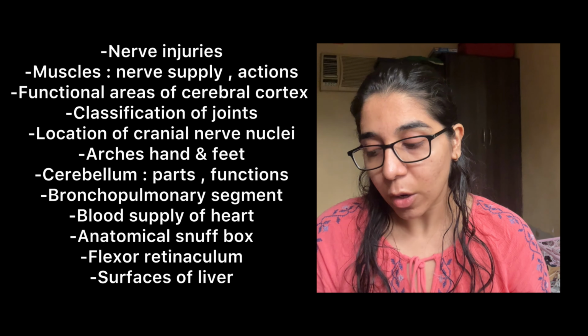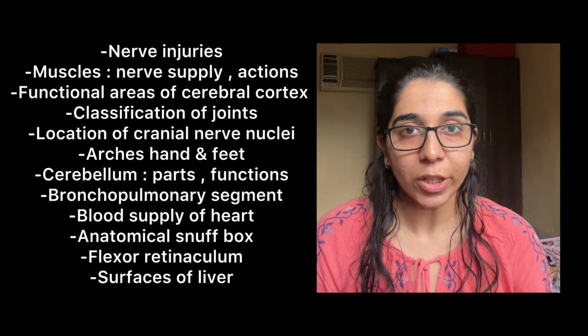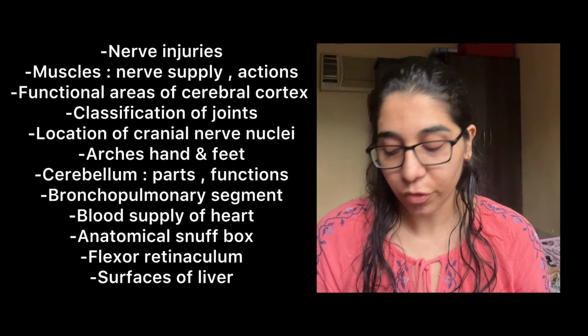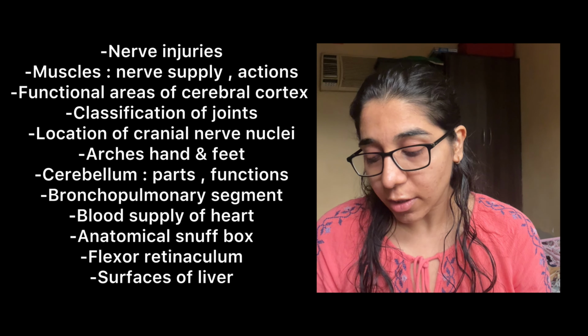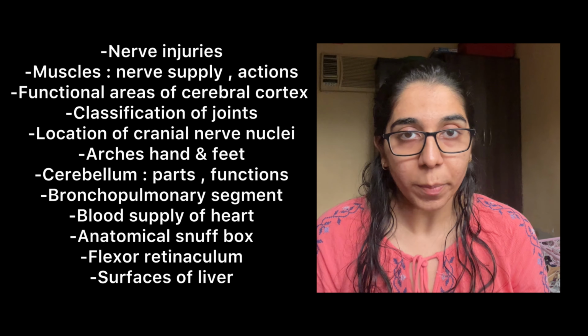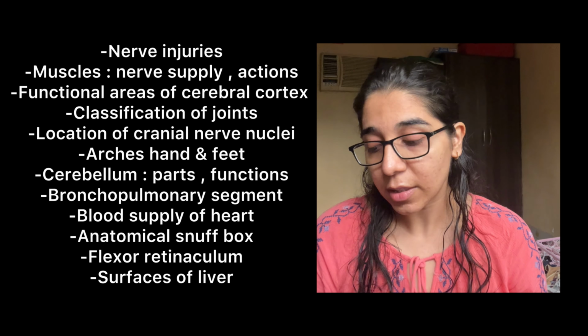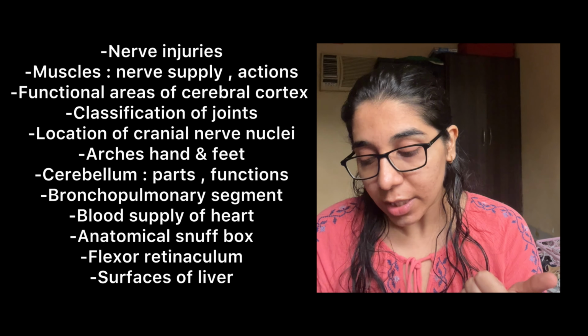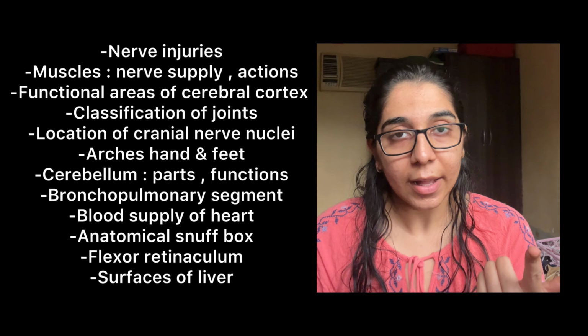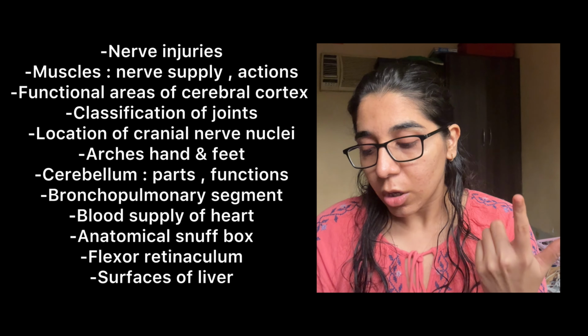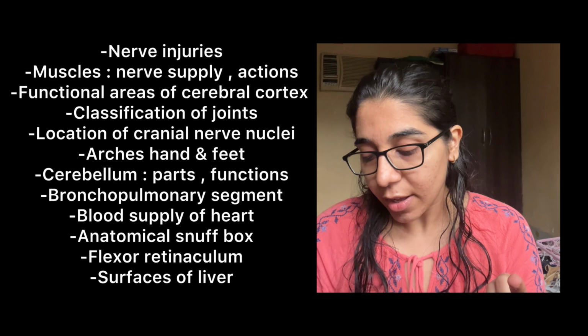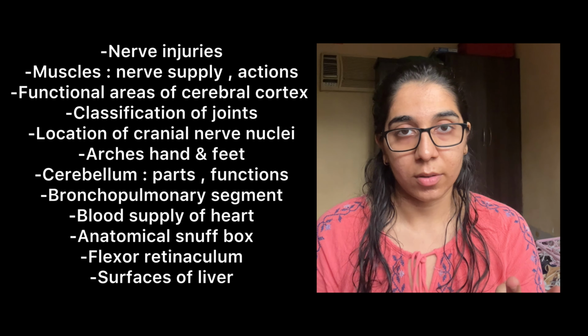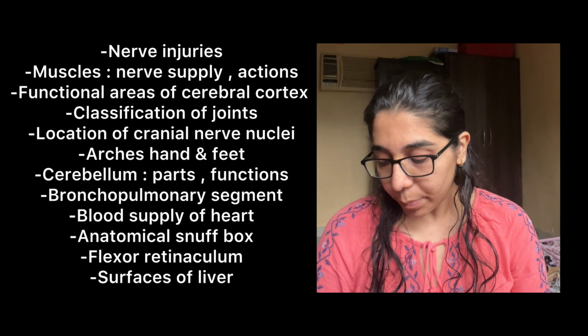So this was about 2021. In 2021, these were the questions from anatomy, and to summarize the topics that have been asked, the questions that have been asked are from the following topics: nerve injuries, muscle and their action, location of cranial nerve nuclei, and about the arches. The next paper is